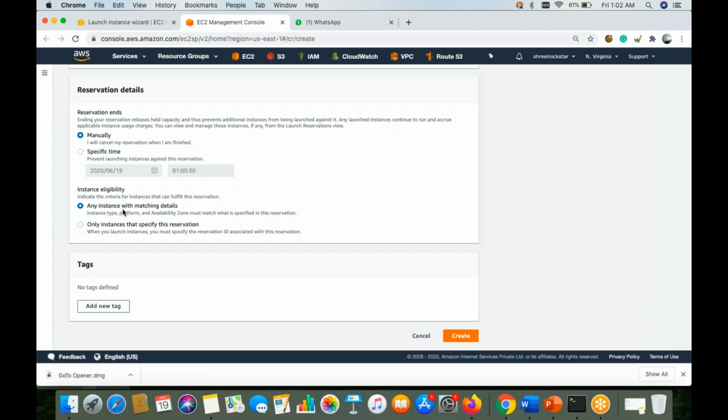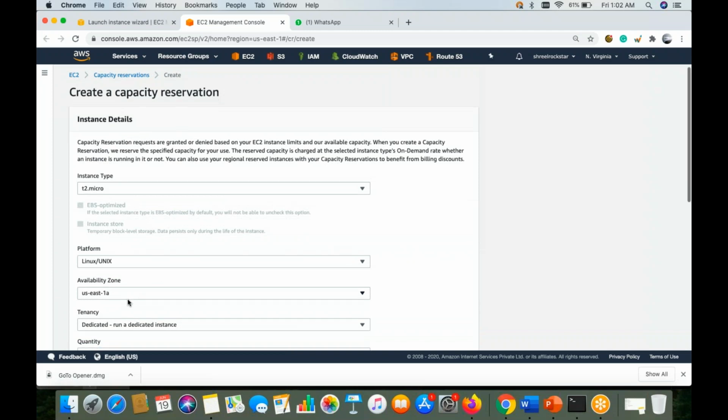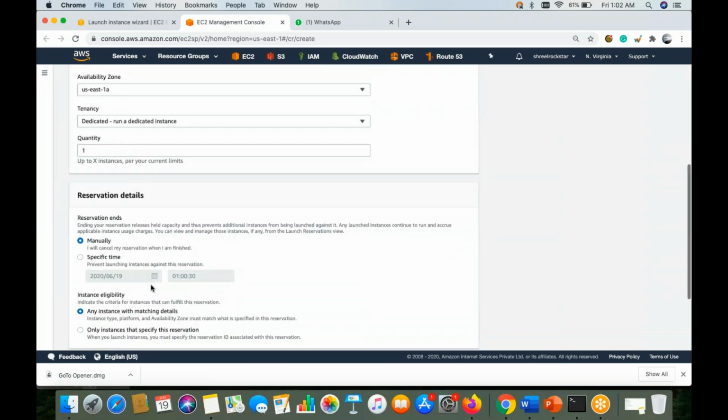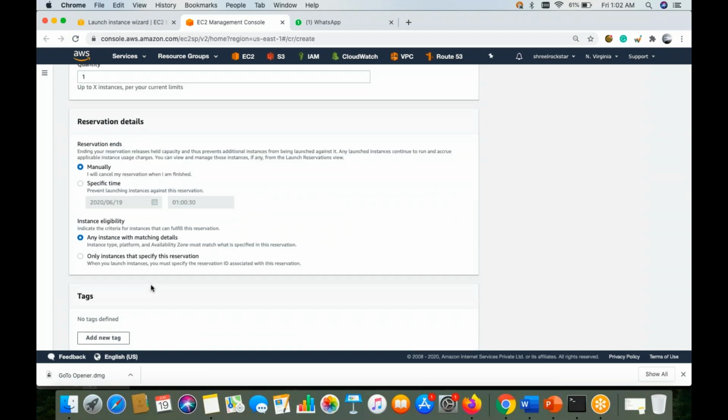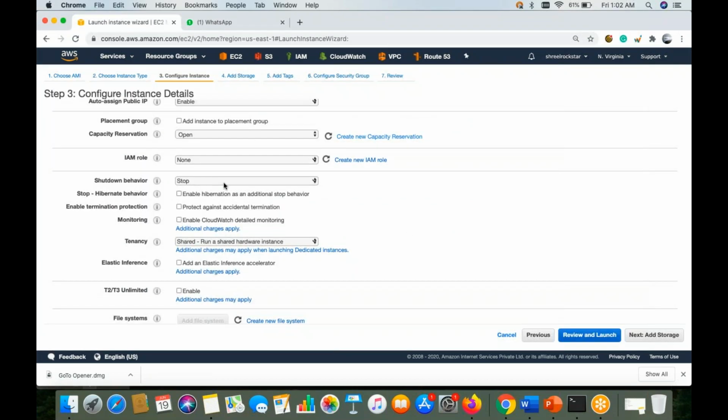Instance eligibility is where you can define a criteria, such as the availability zone. Let's say I'm going to use only us-east-1a; if I'm using 1b, then this criteria is not going to match, and I won't be able to use the capacity reservation. If you create it, then only it will give you the option to create capacity, which we are getting here. So I'm not going to create it, I'm just explaining what exactly these are.